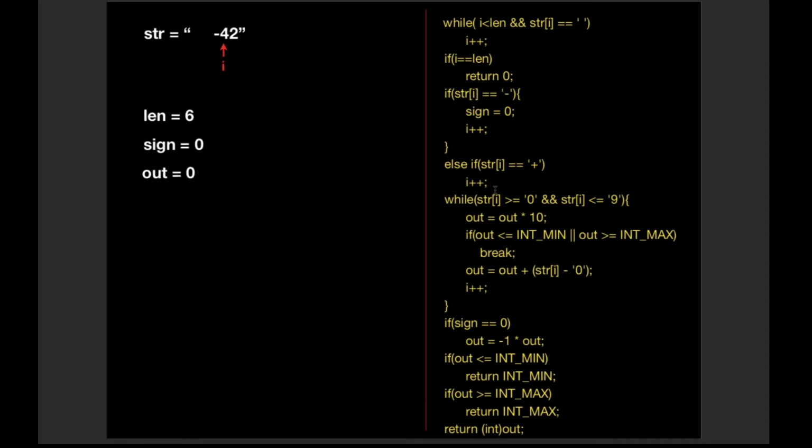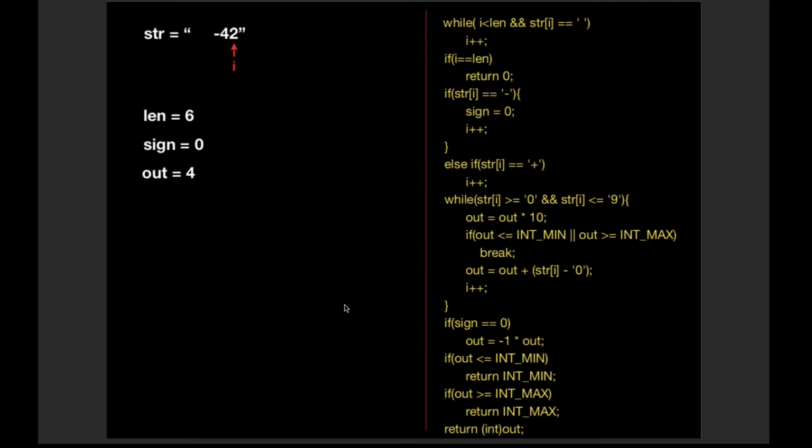Now we check whether each of the characters lies within the range of 0 and 9. If so, then the character is a numerical character and we perform the following operations: we multiply out by 10 and then add the numerical value of the ith character to out. So the value of out is 4. Now we proceed with our next iteration where i points to 2.